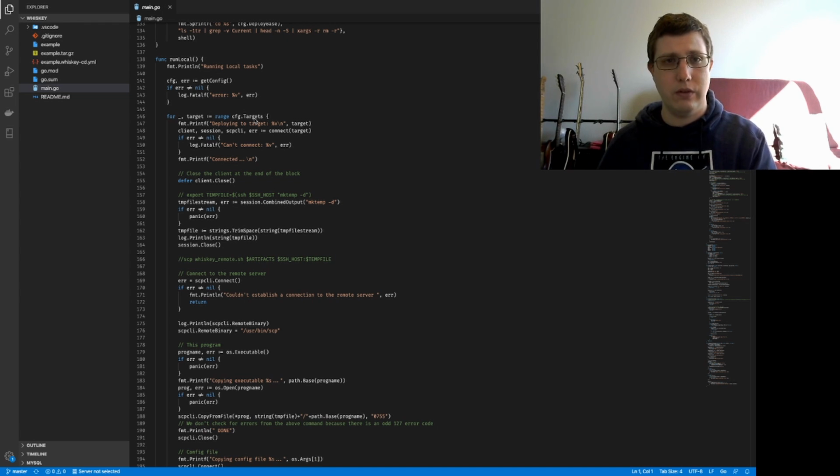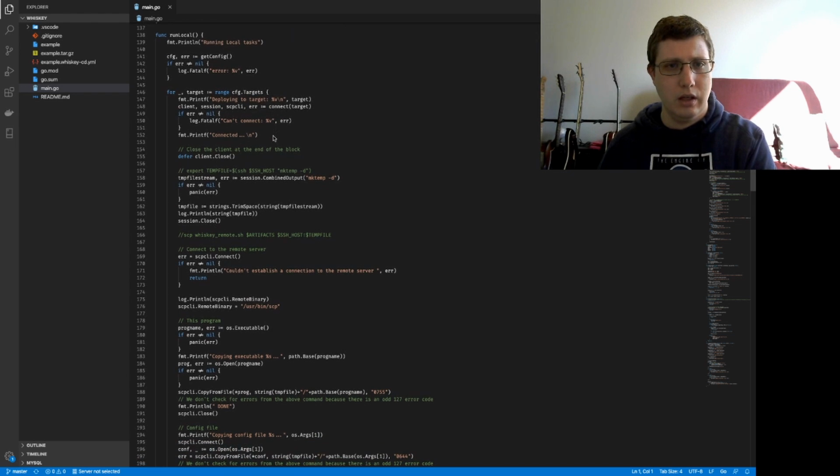So if you're deploying to a farm, you could specify all 5 servers or however many you have in your farm, and Whiskey would just go through each one in turn and update it. There are some other features that could be built on top of that in the future, but I won't mention them quite yet. So deploying to target, we try to connect with an SSH connection,